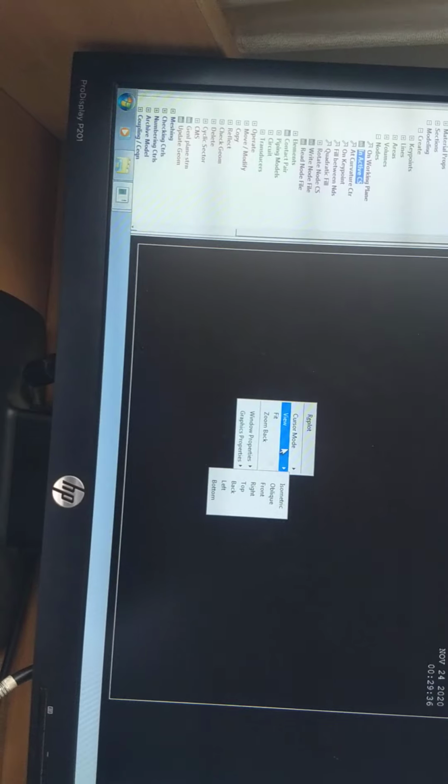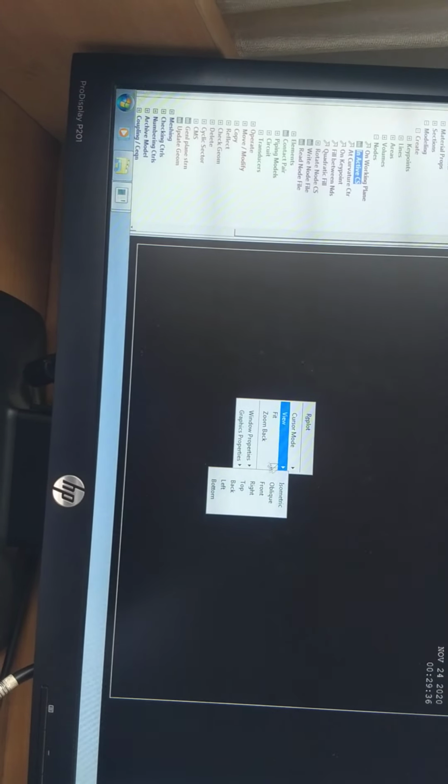View, fit. So fit screen, it shows that now it is visible on the screen. Okay, after this nodes, go to elements, create elements, auto numbered through nodes.